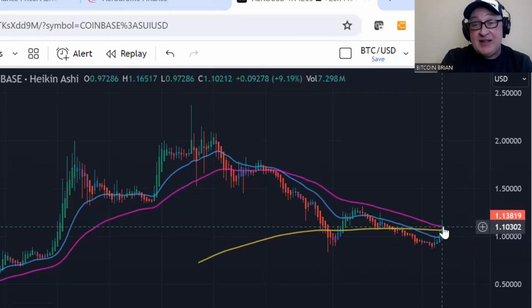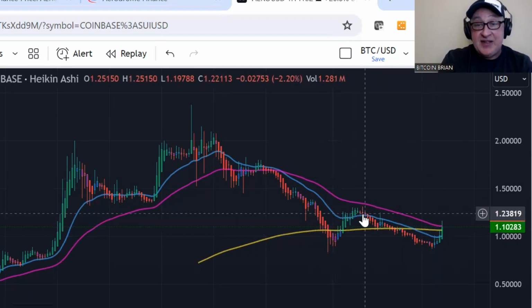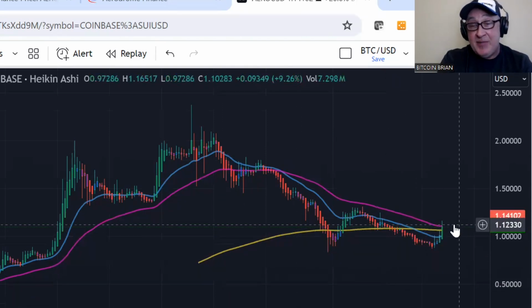So I really like this chart. Who knows? Bitcoin, as everybody knows today, has been skyrocketing. It's up to like 66,000 from like 60,000. And of course, altcoins tend to follow Bitcoin. So Bitcoin takes off first, and then the altcoins are going to follow. But I'm looking at this, and